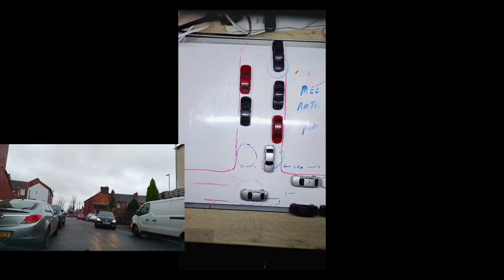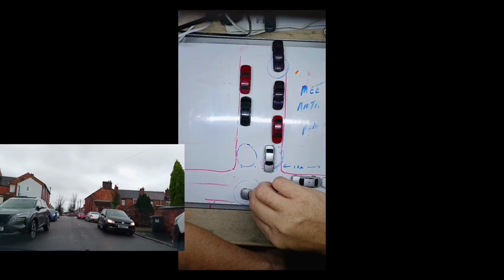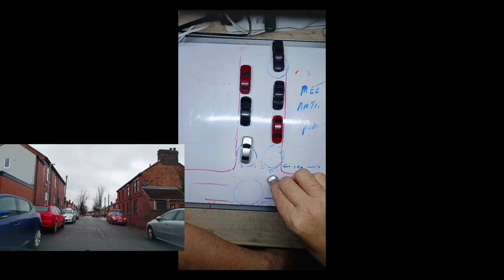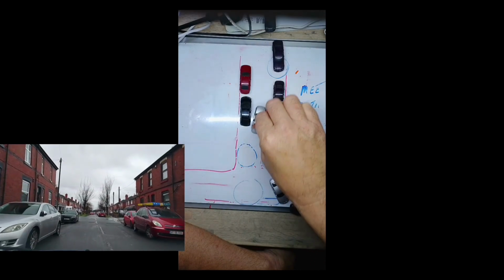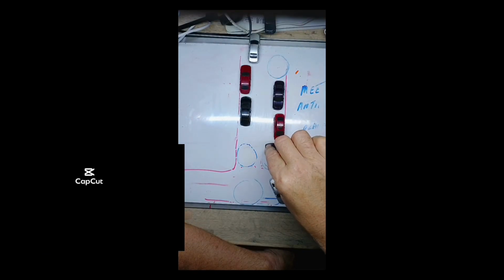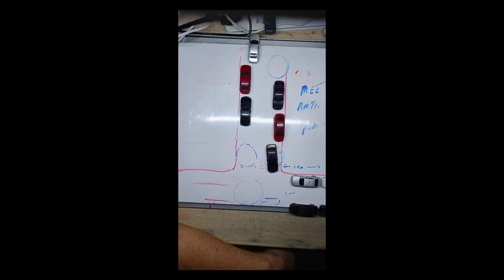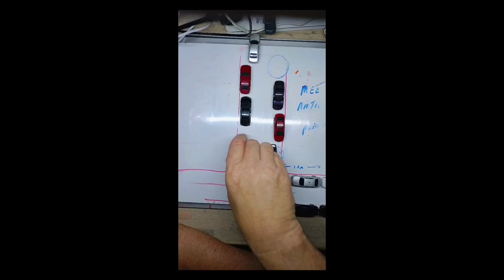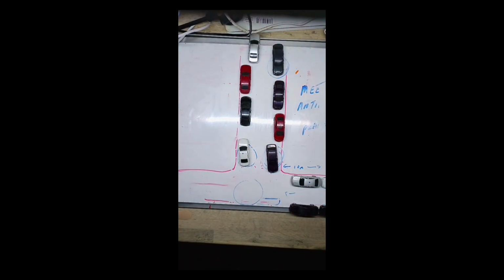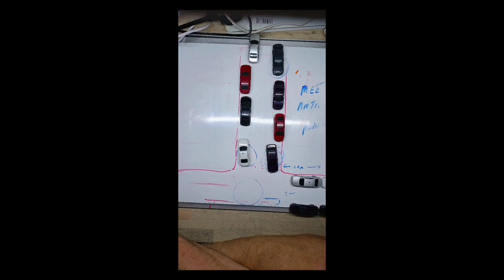And that would have created flow. Then what would have happened is I would have turned. It would have allowed that car to proceed. It would have allowed me to proceed. And it would have allowed this car to proceed. And then the car behind me would have then done the similar thing. And the car behind it would have waited. And that's how easy it can be. But it happens for two reasons. It's poor awareness and poor planning. So I'll play the video again so you can see it.